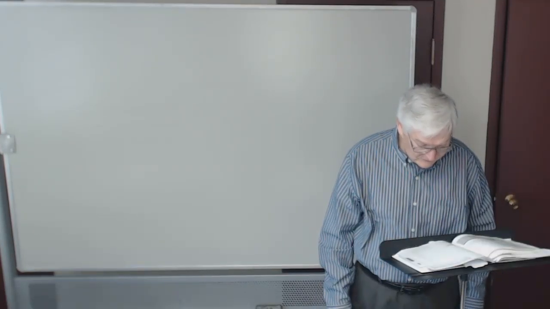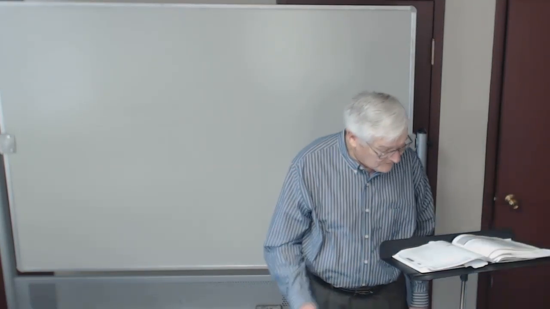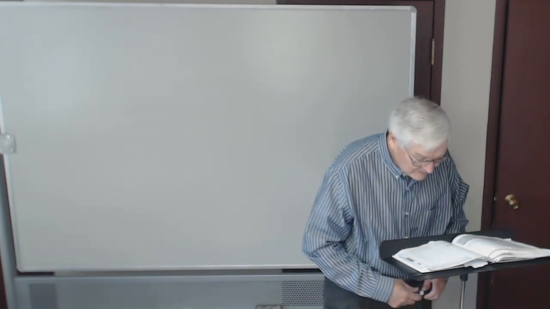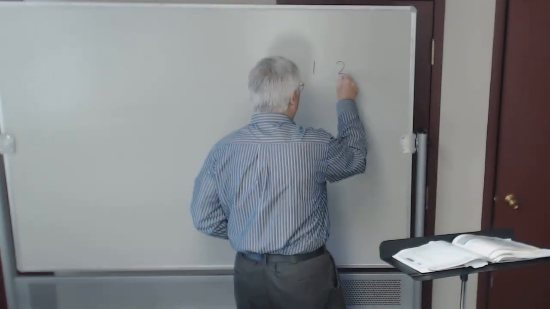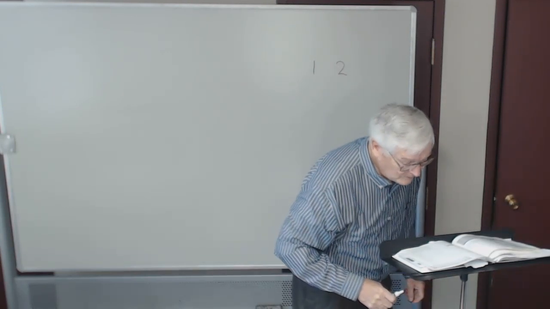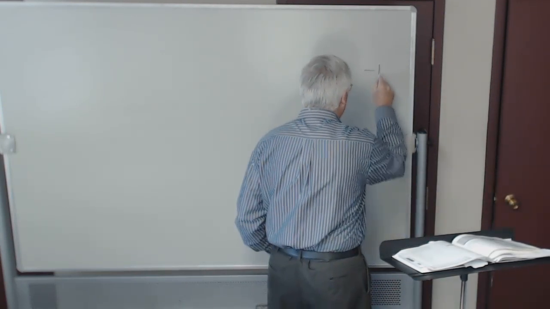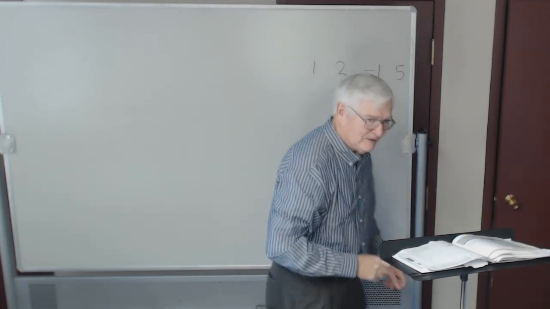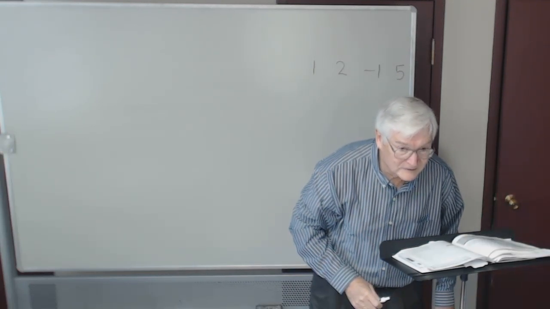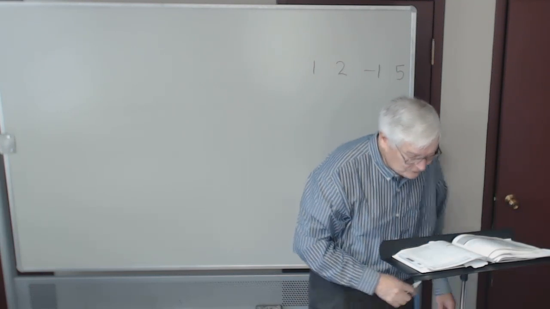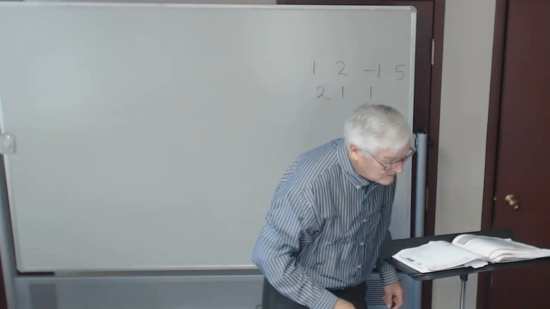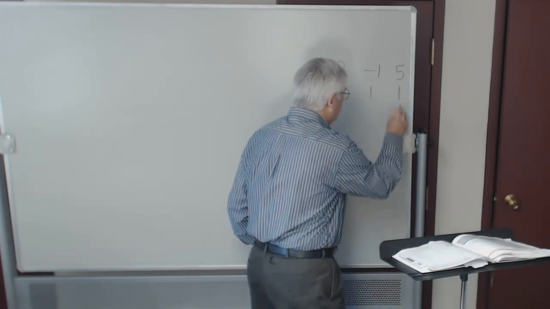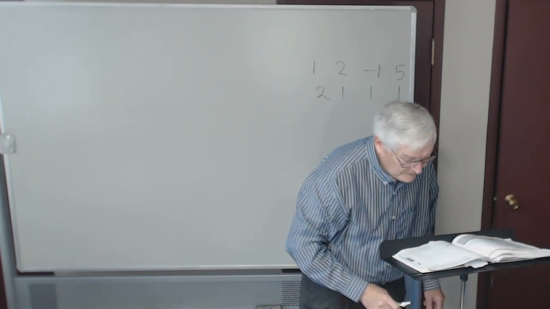You understand how to solve problem number 2? You set up this matrix for problem 2, which would be a 1 and a 2, and what would it be? A -1 and a 5. Everybody see where I'm getting those numbers for problem 2 on page 617? And a 2 and a 1 and a 1 and a 1 and then a 1